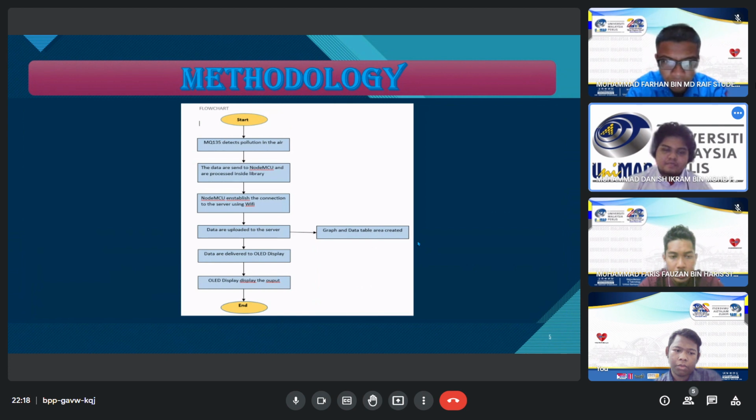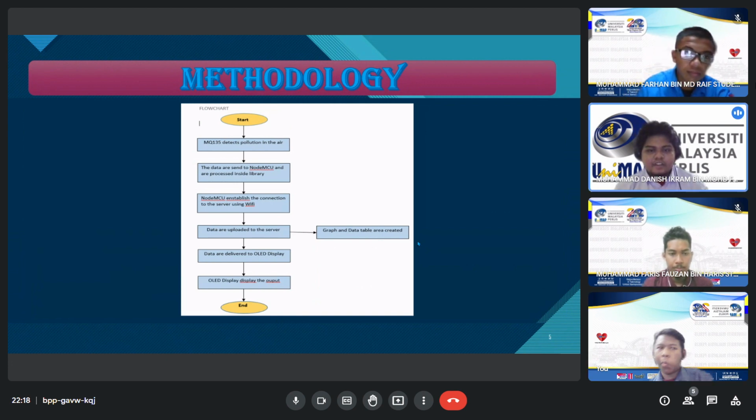The NodeMCU will establish the connection to the server using Wi-Fi. Then the data will be uploaded to the server. After the data is uploaded, a graph and data table will be created. After that, the data will be delivered to the OLED display, which will display the output in numerical form.